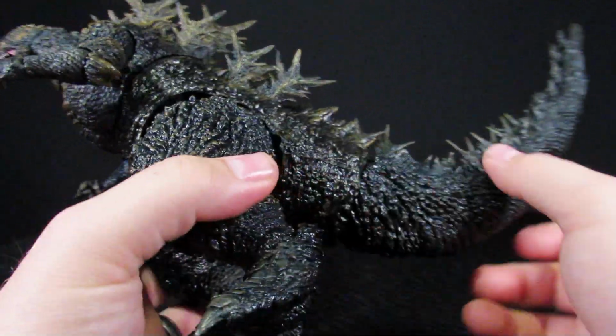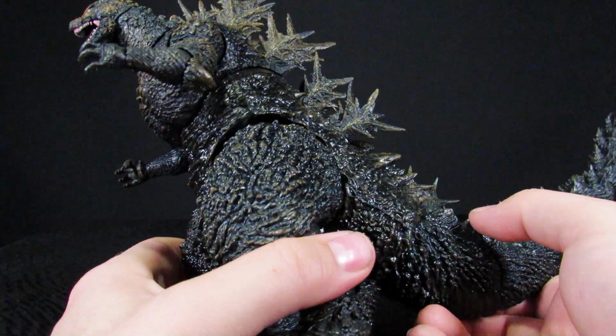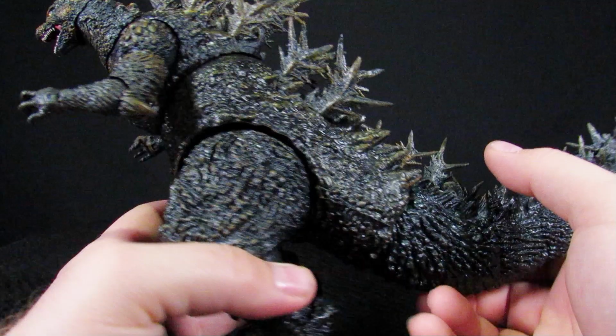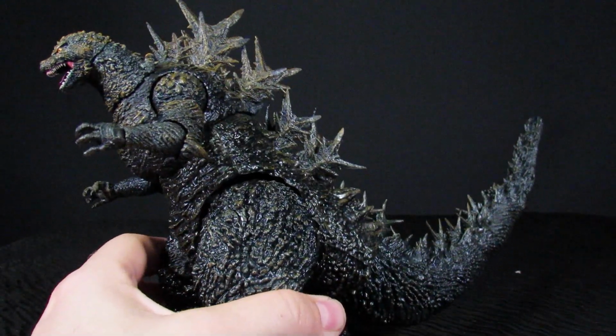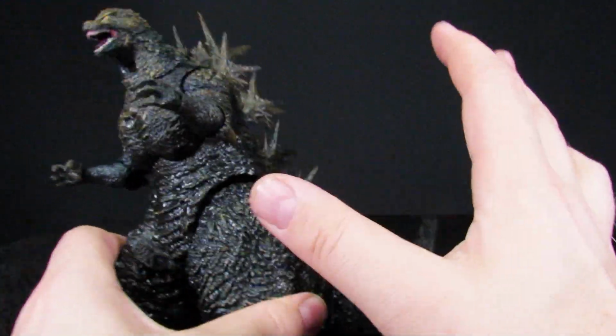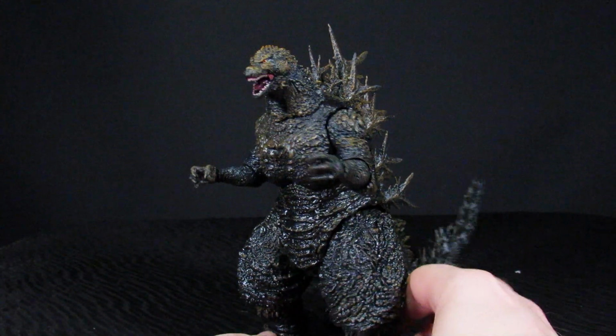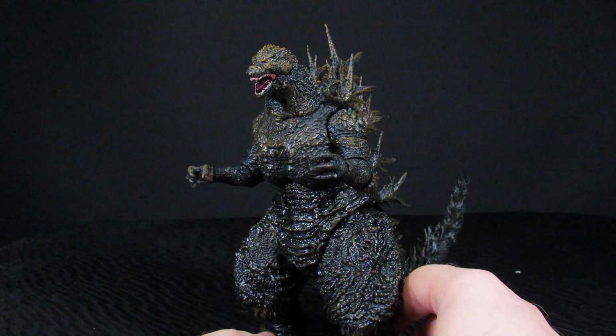Why is he so shiny, though? Gloss paint, gloss finish. Which I don't know why they do this. Isn't he supposed to be dirty? Well, it should be matte. This makes it look like he's gotten out of the water. Yeah, for me, this is an out of water scene right here, but he's dirty like he got